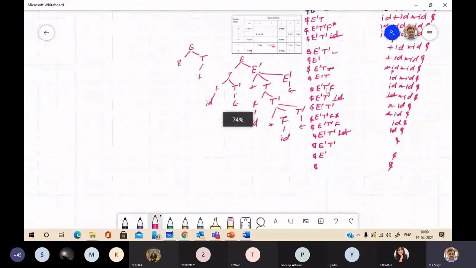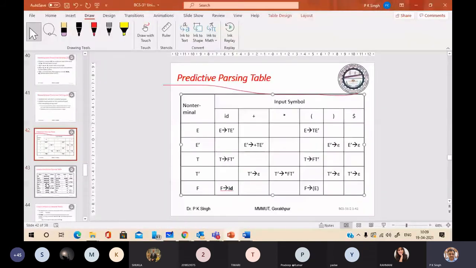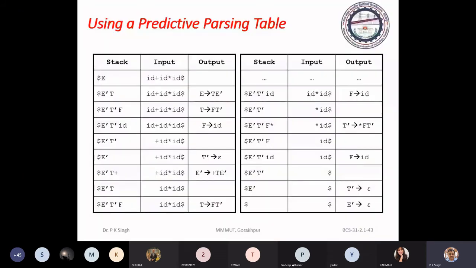Now these are the parsing steps that we have discussed, using the predictive parsing table. Now we will discuss how to construct this table.